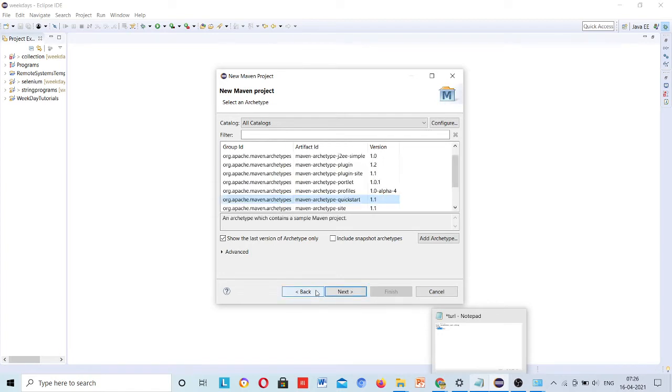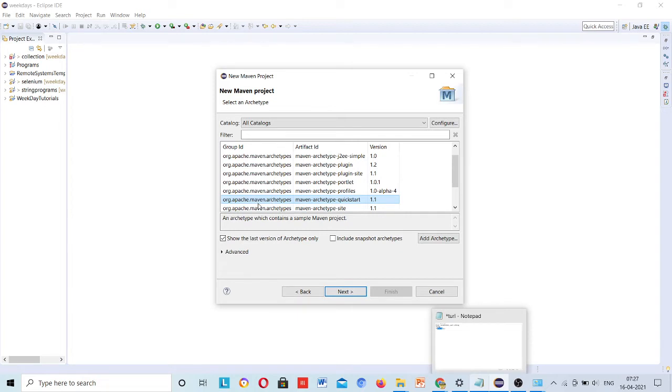After clicking on next, you have to search here org.apache.maven.archetype. If you are using it the first time on your machine, then by default it won't be selected. So you have to choose this one, Maven Archetype Quickstart. This one you have to choose for your Selenium. Once you watch the recording, you can note it down, or you can take a screenshot as well.